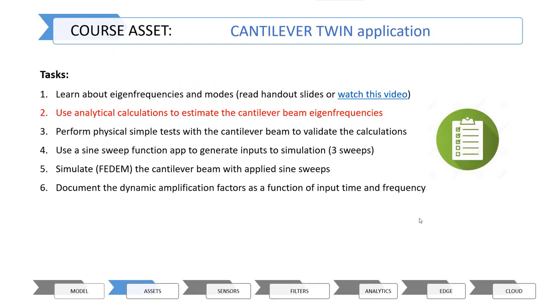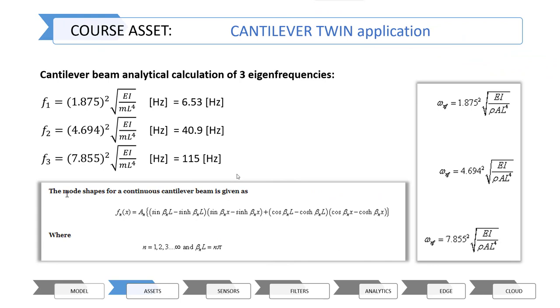Then I will show you some analytical methods to calculate eigenfrequencies and mode shapes of a cantilever beam. These are the formulas for calculating the first 3 eigenfrequencies of a cantilever beam. The first number here is an empirical number given for the first 3 eigenfrequencies. Then we have the E modulus, the moment of inertia, the mass and the length of the beam, which are all physical properties. And given the numbers for this cantilever beam, which is in aluminum and half a meter long, we get 6.53, 40.9